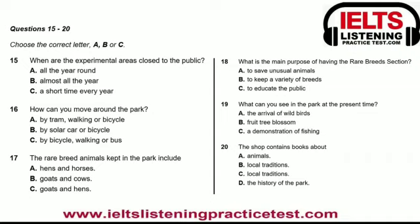A good place to start on your tour is the rare breed section. We keep goats, sheep and hens and other kinds of poultry. We're also thinking of bringing in cows and horses, but we do not as yet have facilities for these bigger animals. The animals are fed in public twice a day and a short lecture given on their feeding habits and